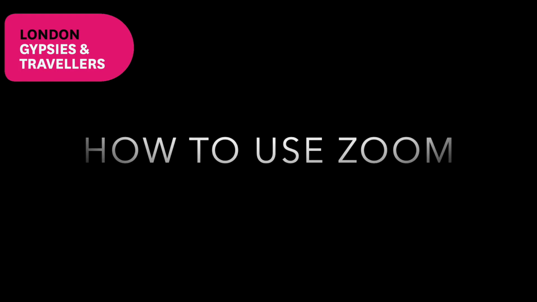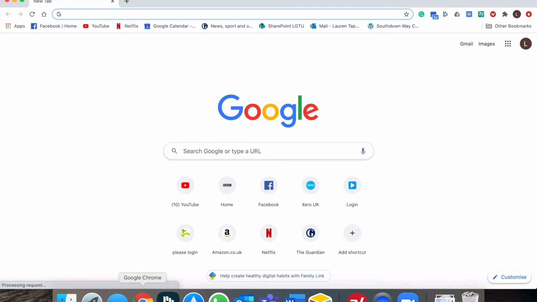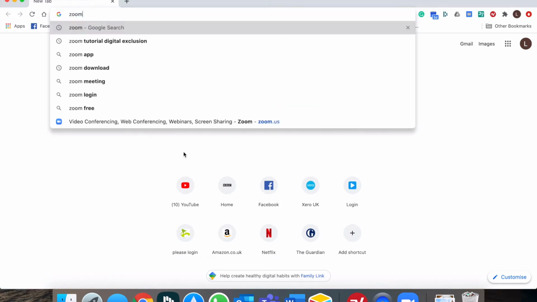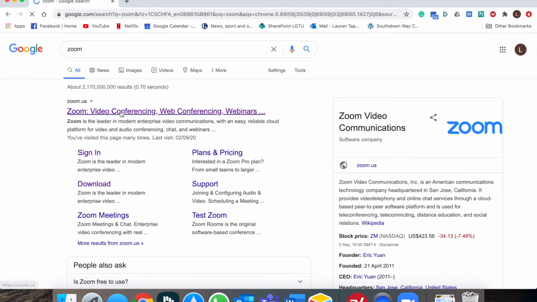So once you have an internet connection and email set up, then you go to your Google browser. So any internet browser will do. It could be Internet Explorer or Google, and just type into Google Zoom. Press search and zoom.us should come up. Press on that